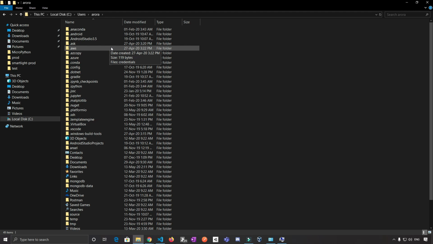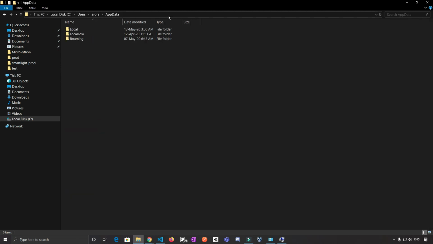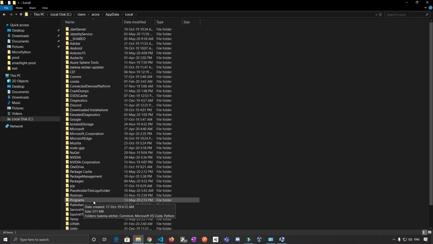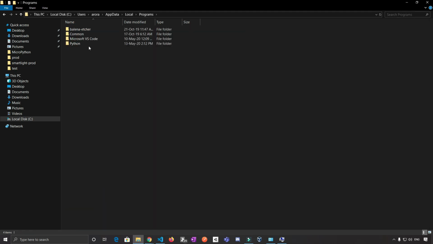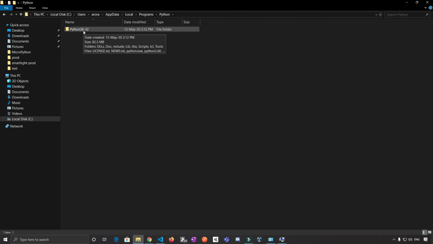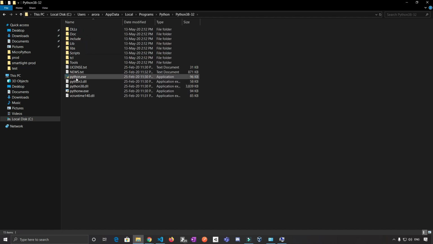This might not be visible directly through the file explorer, but if you simply go and type AppData, you'll be able to get in. Now Local, then look for Programs, Python, and here you will get Python 3.8. And you should see python.exe right here.